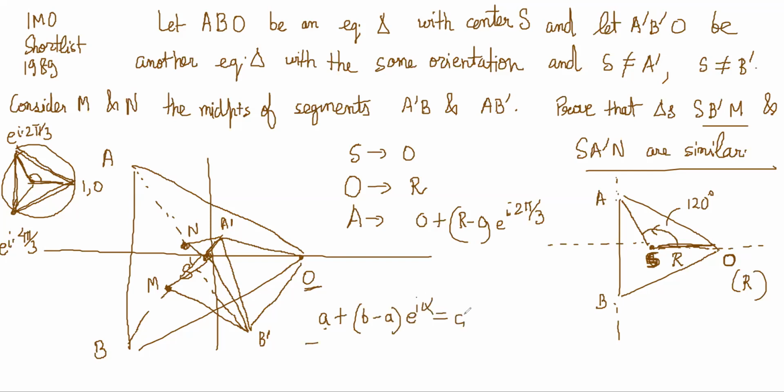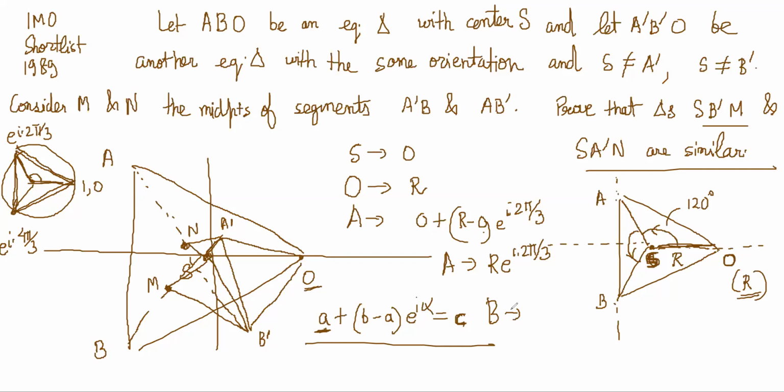Yes. Remember? So here my point is rotation about the origin. So 0 plus, what are you rotating? This point r minus 0 into e power i 2 pi by 3. So basically this becomes r e power i 2 pi by 3, right? This is my A point. And what is my B point? Now I'll rotate A about again 2 pi by 3 to get B,